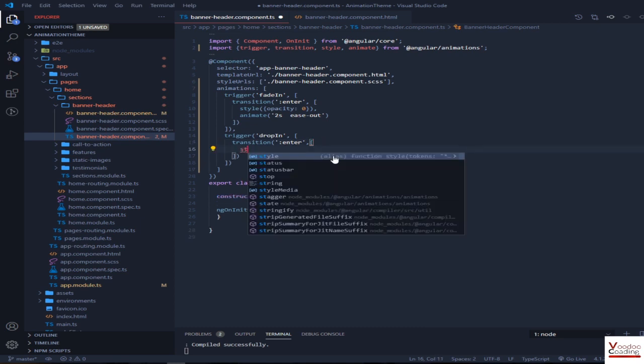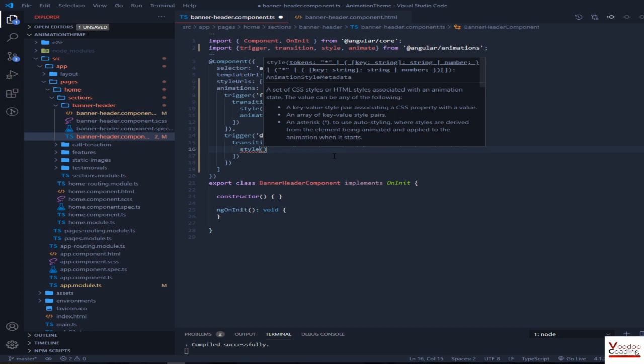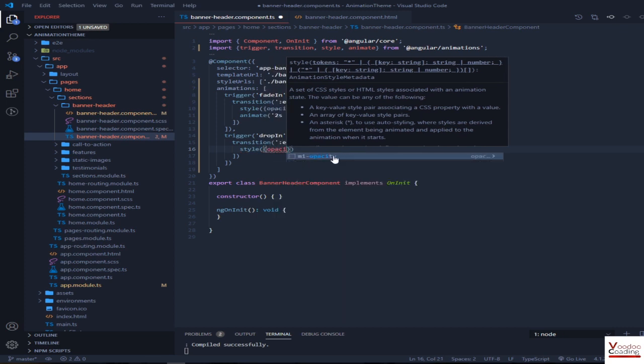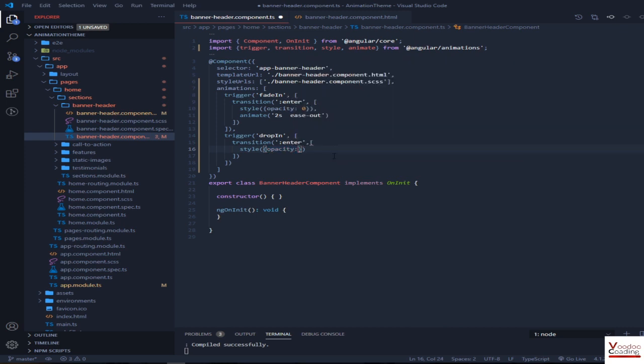Now initially I'm going to style. So first I'm going to start with opacity. Opacity will be 0, so it will fade in, and when it's in a void state, it will not be visible, and gradually with time it will become visible. It will just add some more feeling to the animation of dropping it.